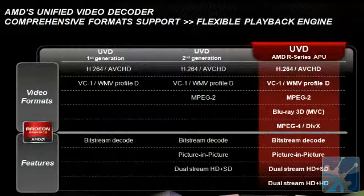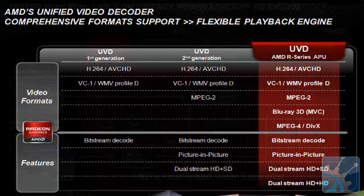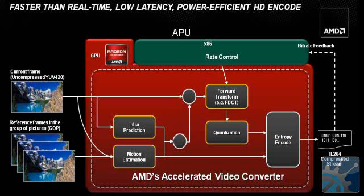Have there been improvements or changes there? Absolutely. So we've had the video decoder for quite a while, and it's improved quite a bit on the R-Series versus past generations, and for the first time we actually have a hardware video encoder which can encode video faster than real time in hardware very efficiently. So designers can now do trade-offs on the GPU, so they could either be doing computation or being used for display purposes. Exactly. So one of the big advantages of AMD's heterogeneous system architecture is to allow folks to be able